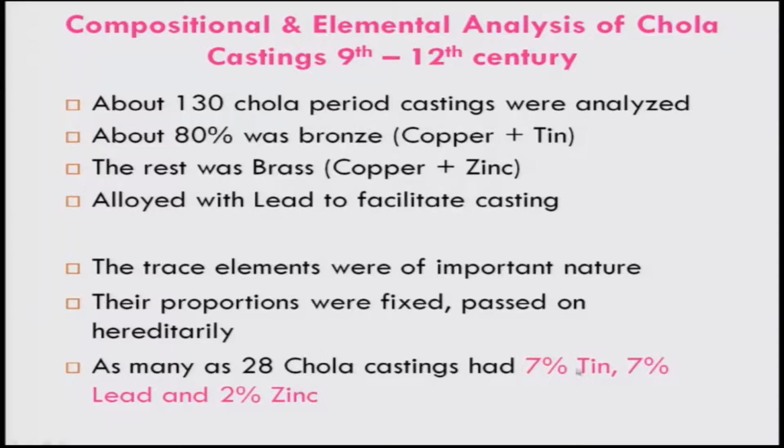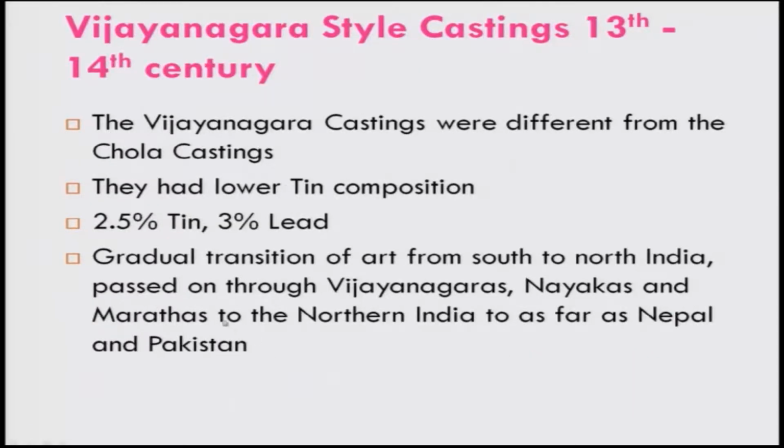So, also the material composition: as many as 28 Chola castings had 7% tin, 7% lead and 2% zinc, of course, the rest will be covered. And this technology was also flourishing during the Vijayanagar dynasty, 13th to 14th century, and they had, of course, the lower tin content, 2.5% tin and 3% lead. And this gradual transition of this method of producing statues